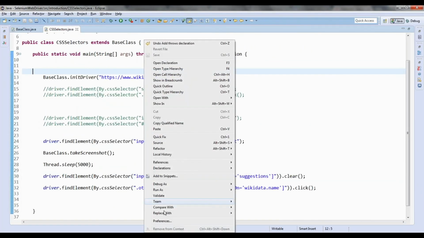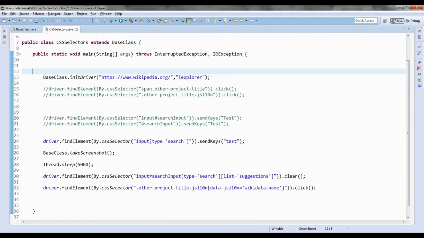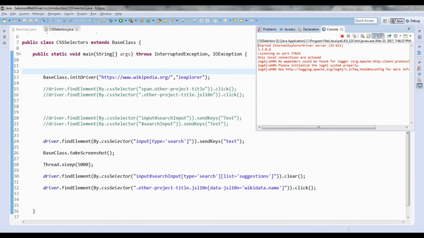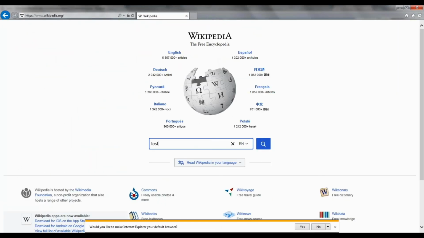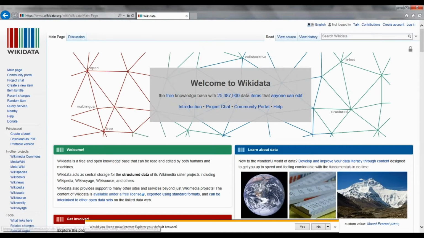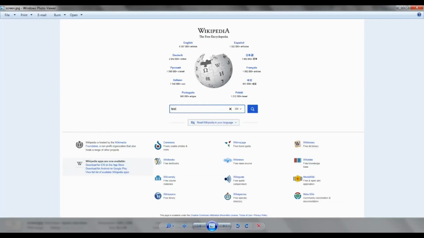So let me run this. It might have taken the screenshot. Let me go here. You can see screen.jpg. It is going to take the screenshot wherever we are calling that.